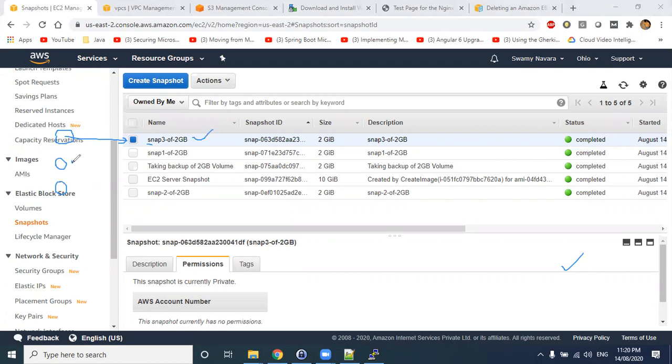So let's say this is the first folder, this the second folder, and this the third folder. If you delete this snapshot 3, only this third folder and the files related to it before taking this backup will be deleted. Or if you're deleting the first snapshot, only the first, but still the data will be there in the third one.